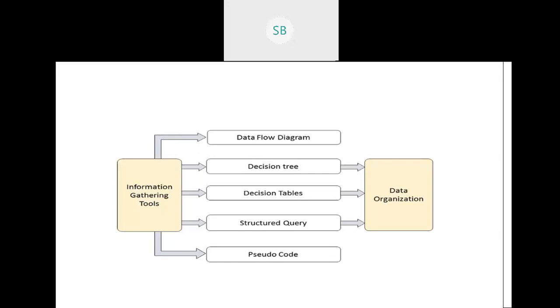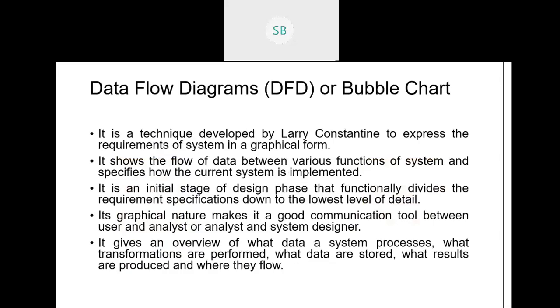And then the last one is pseudocode. Out of these, the data flow diagram is also known as the bubble chart. Do you know why it is known as a bubble chart? Because we represent the processes as circles. We saw there are two conventions used, I think Yourdon and I think Gane and Sarson. If you follow the Yourdon one, it is known as a bubble chart because we show the process as a circle. Otherwise, it looks like a rectangle.